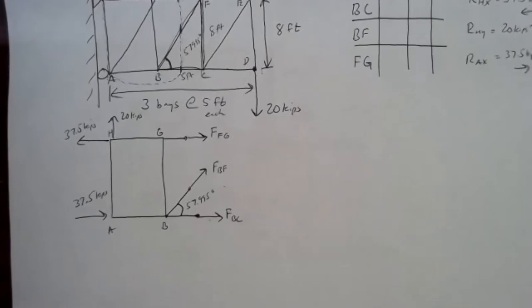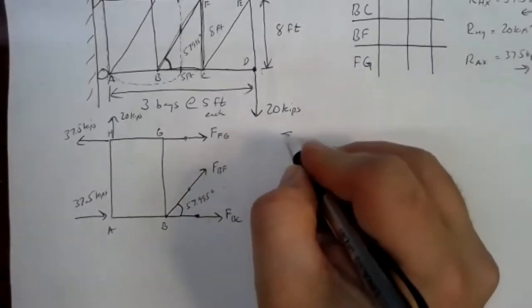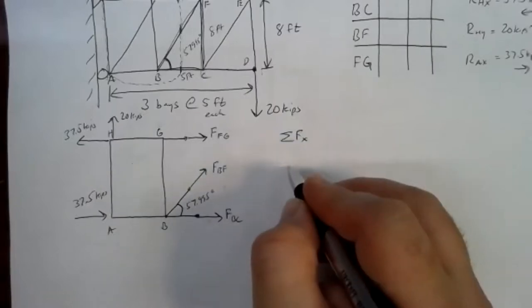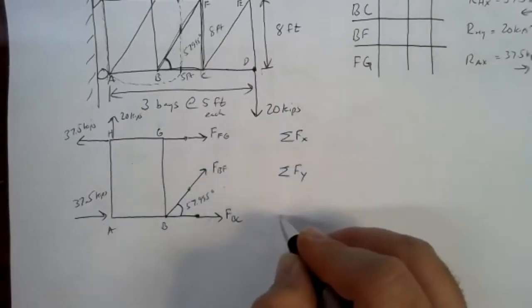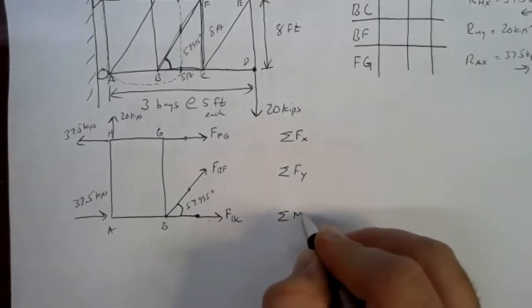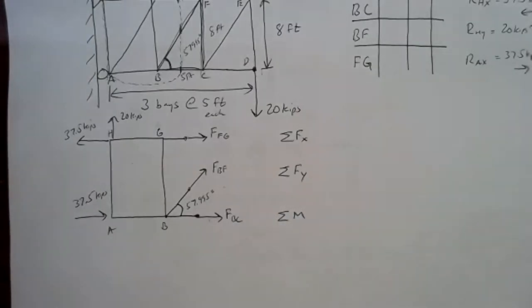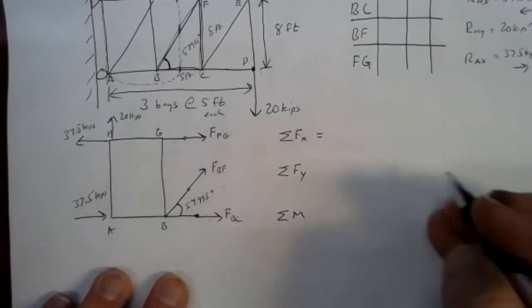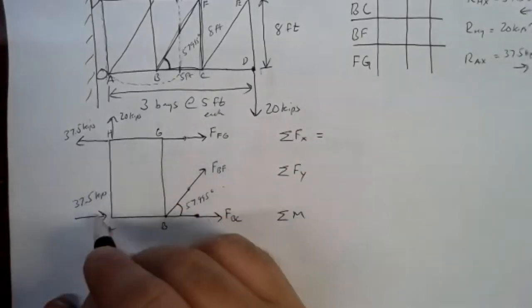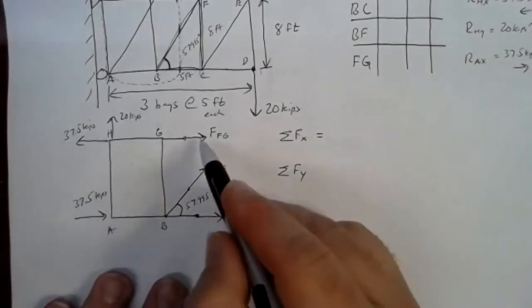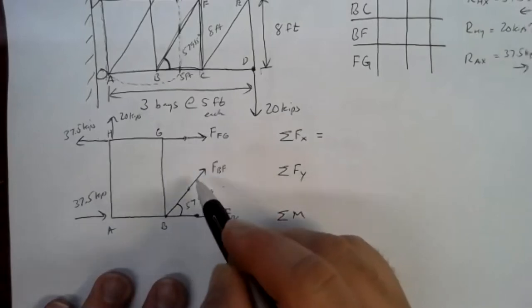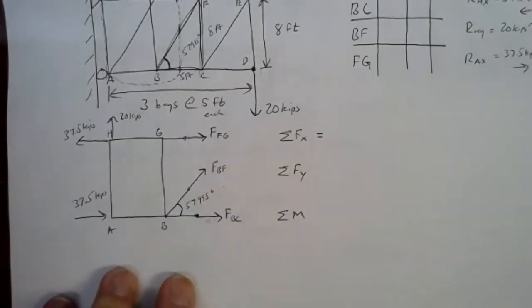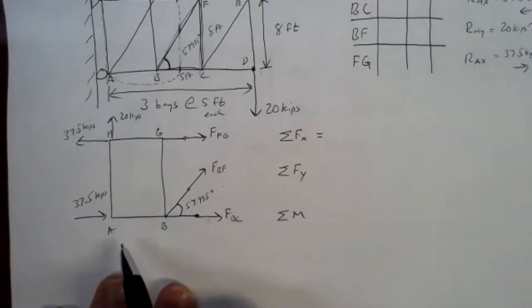So since this is a non-concurrent force problem, we've got three equations we can work with: our sum of forces in the x direction, our sum of forces in the y direction, and our sum of moments about a point. Usually the x direction equation ends up being the ugliest one in these types of problems. We've got two x direction forces here, and then we've got another two here in our unknown and a piece of a third. So we're going to have 5 terms in our x direction equation. So just make sure we catch all of them here.